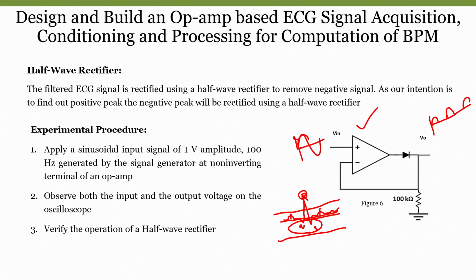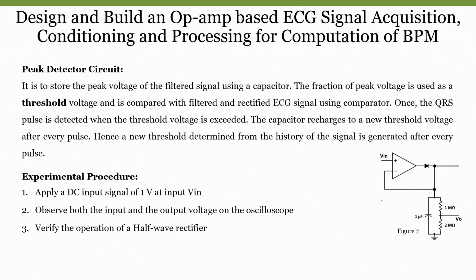So, if you see the logic to implement it, this particular capacitor part will charge, and the purpose of this 1 mega and 2 mega is to provide a threshold. But what percentage of threshold are we setting here? Suppose this is a voltage divider circuit with 1 mega and 2 mega. If I say this is V in, then this is V out.